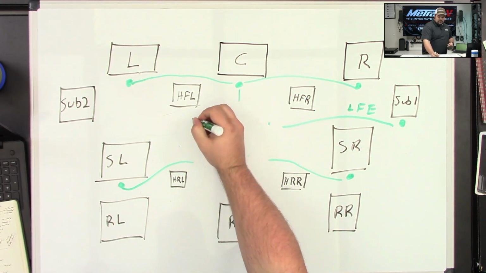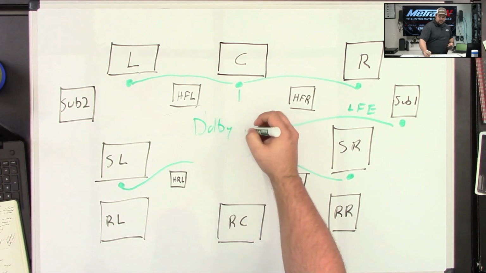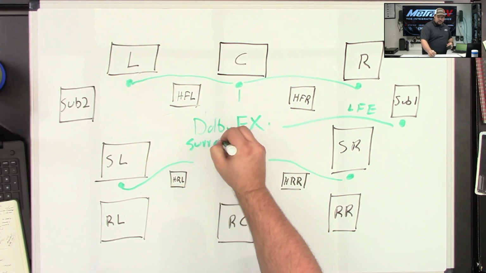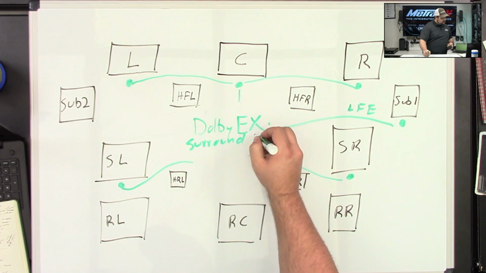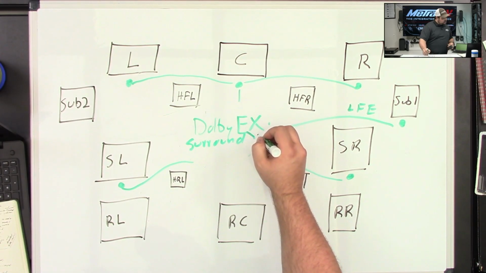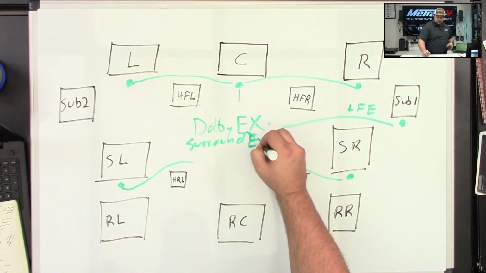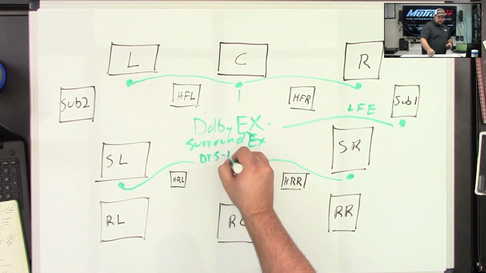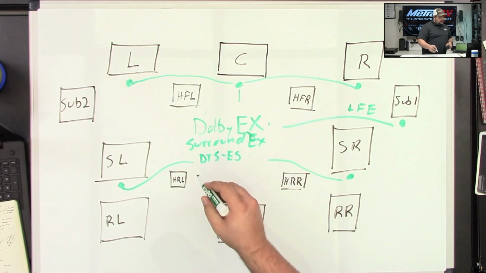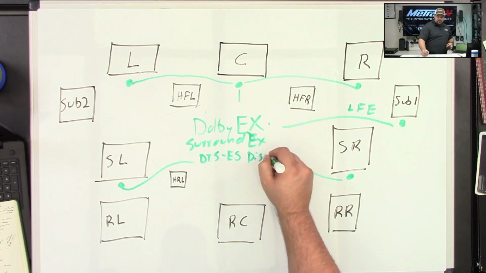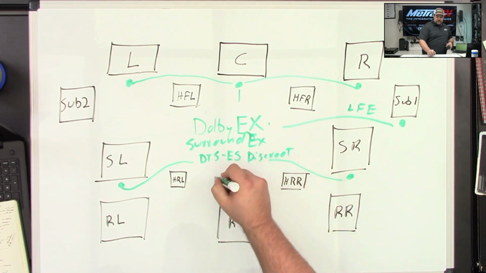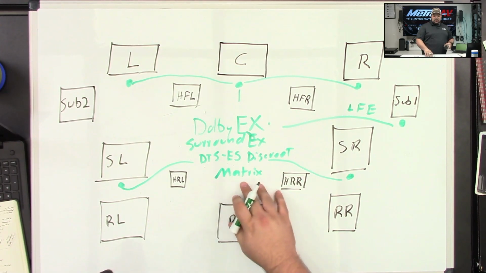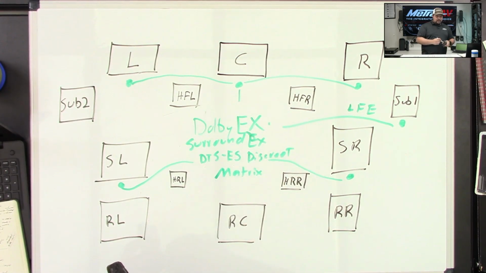Right? So we've got our Dolby EX. They also called it Surround EX from Dolby. And then, of course, you had DTS-ES, which was their version of it as well. But theirs was a little bit different. Theirs was actually a discrete version versus a matrixed version, or a modulated version, right? So for DTS, it was actually a little bit different. Let's start with Dolby and we'll talk about that and we'll make our way to DTS.